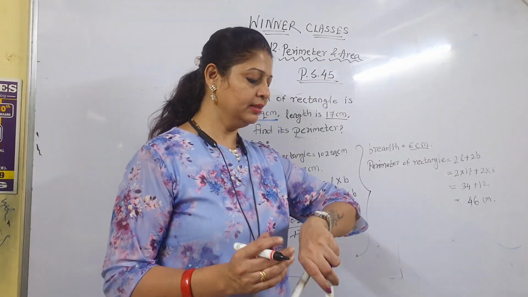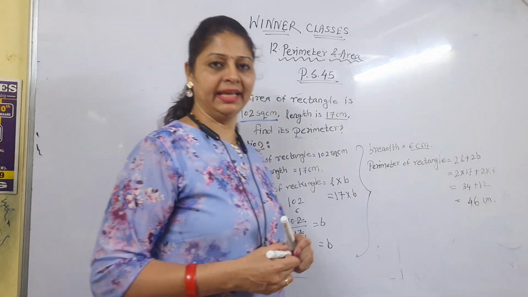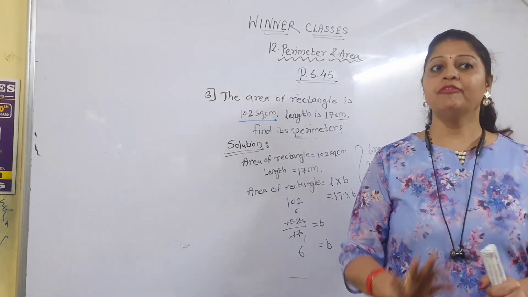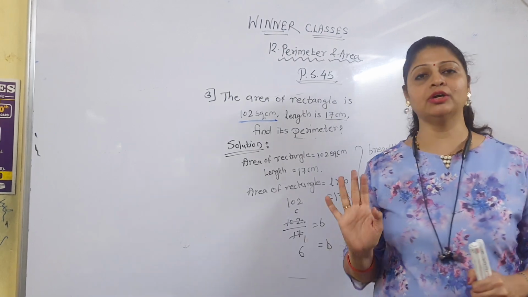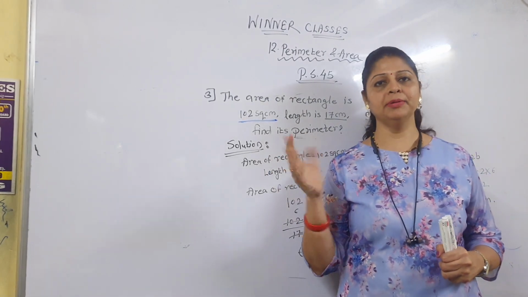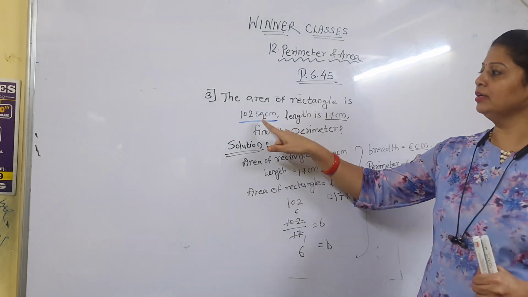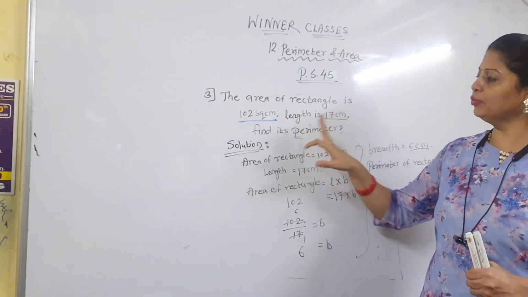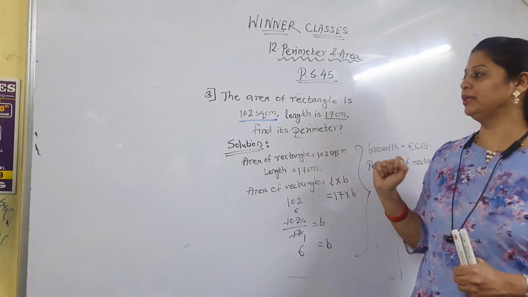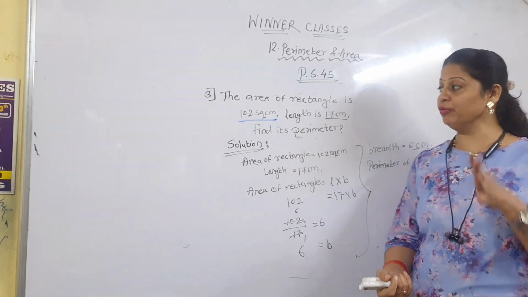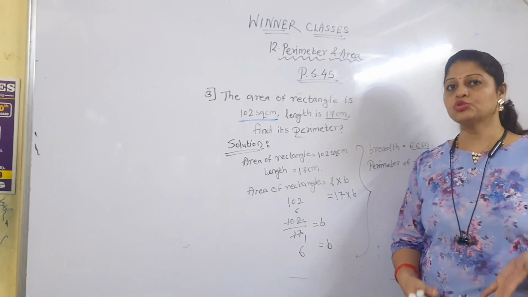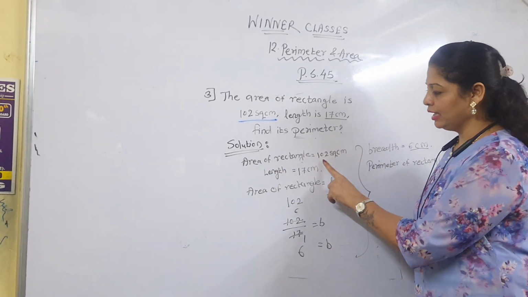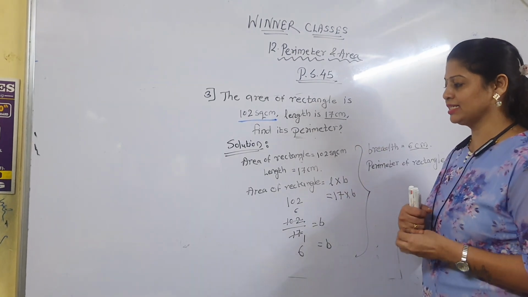Again I am going to explain. See, when we have to find out the area or perimeter, the formula is important. Without the formula it is not possible to find out the area, length and breadth. Now in this question they gave square centimeter in area. Area we already know, length we know, but what we have to find out? Perimeter. So to find out perimeter we need breadth also. So how do we come to know the breadth? Therefore you have to use area of rectangle, that is 102 square centimeter.